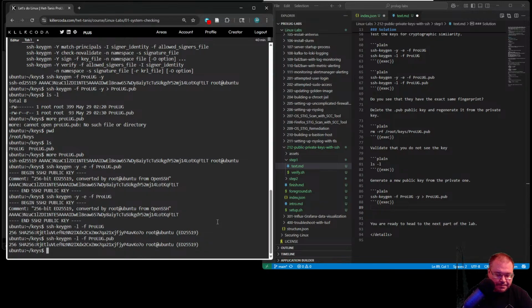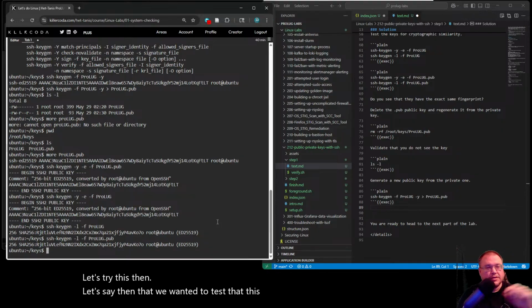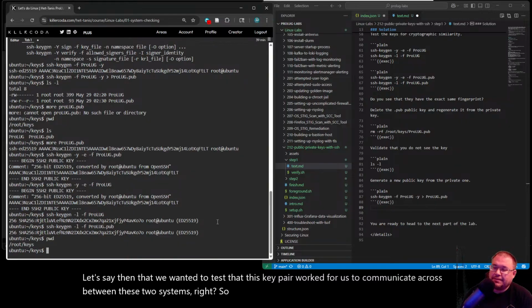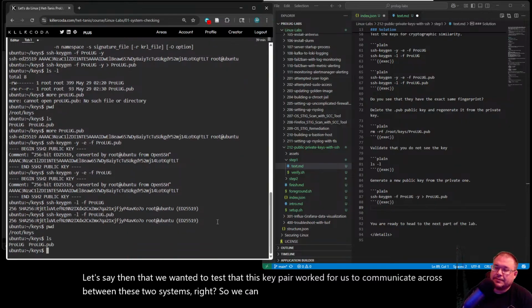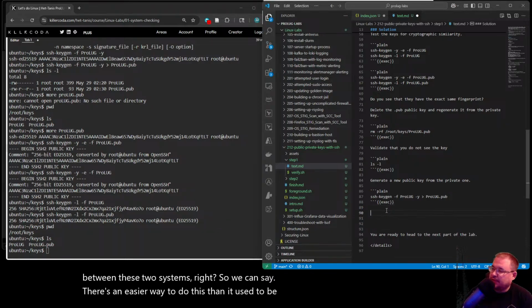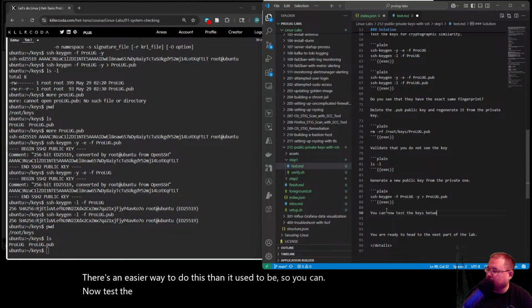Let's try this then. Let's say then that we wanted to test that this key pair worked for us to communicate between these two systems, right? There's an easier way to do this than it used to be. So you can now test the keys between two systems.